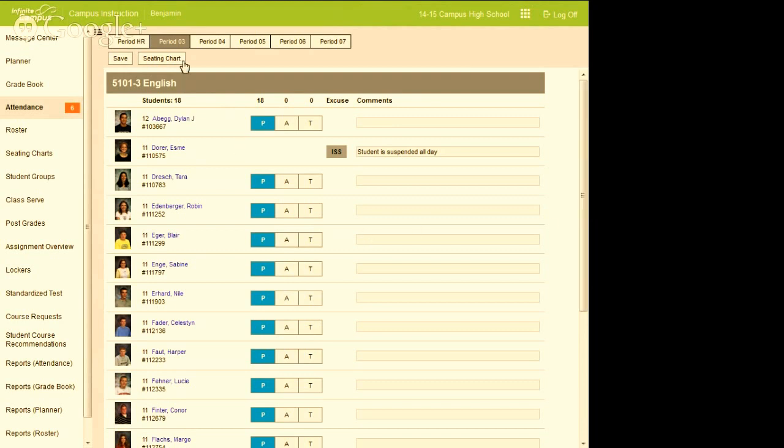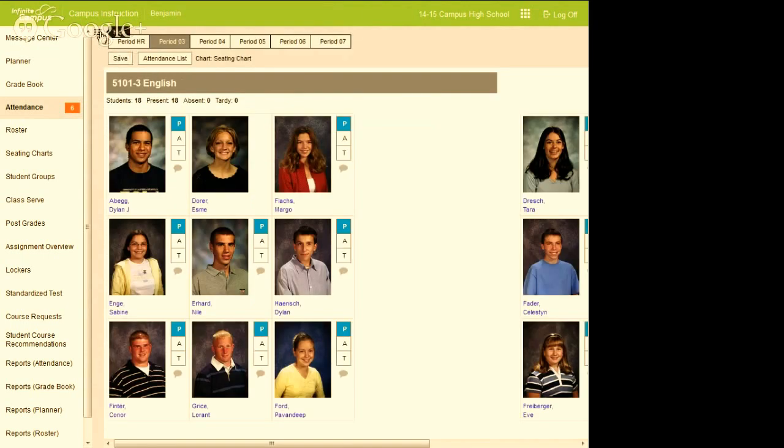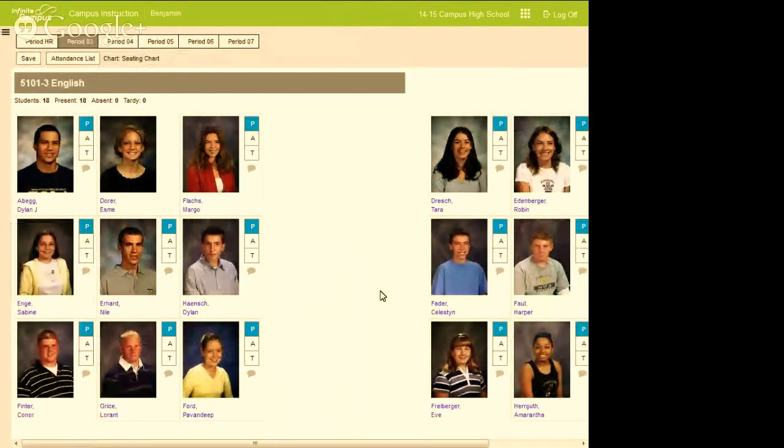A question I'm sure you'll get from teachers is, can we do our own seating charts, and can it be drag and drop? So yes, it is, meaning I can move my students around. I can have this be the default if I would rather come in and look at students at their tables rather than a roster. It's good for substitutes because they know where students should be seating and can see if somebody's messing around with them. But basically, I come in, I hit save, and then I go about my day.